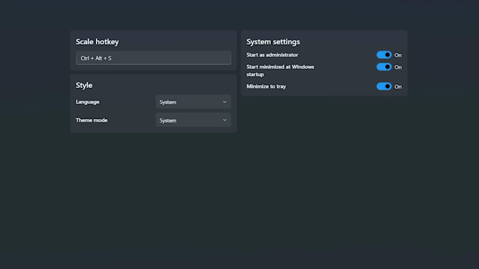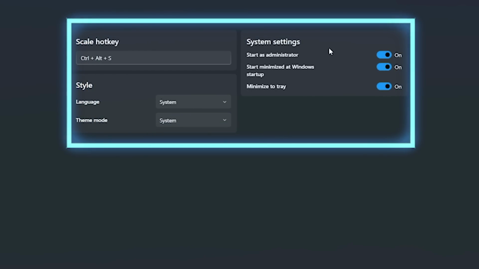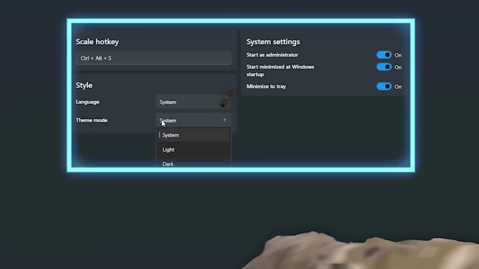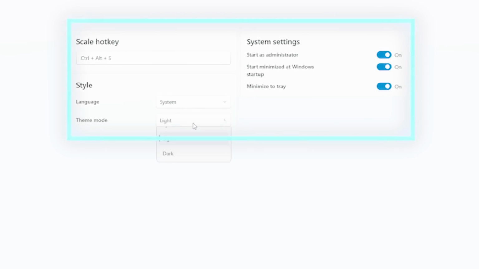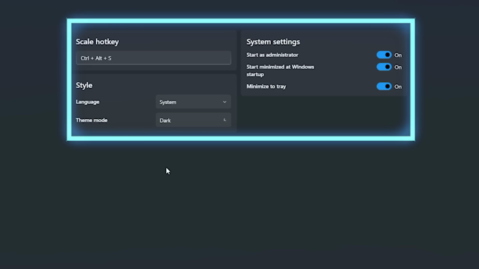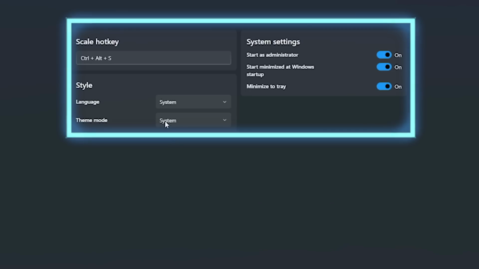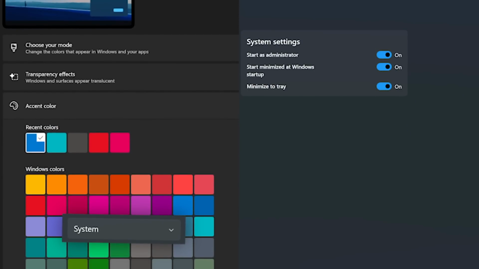And the settings tab lets you configure hotkeys, system-related options like running the software as administrator and more, and you can also adjust the style settings where you can choose from themes like system, light, oh my god, oh god, this is so bright actually, and dark, and go back to system. What's the difference, right, from dark to system? Well, in system, the program's color button will follow the accent colors set in your Windows settings. So yeah, it's pretty cool.